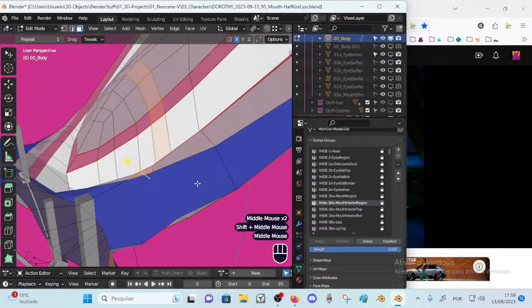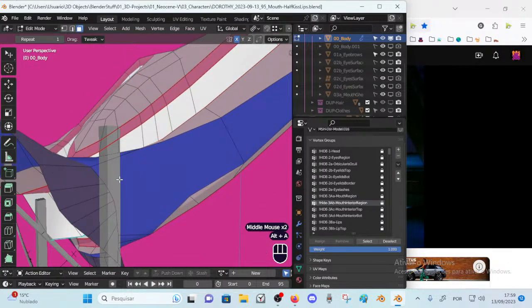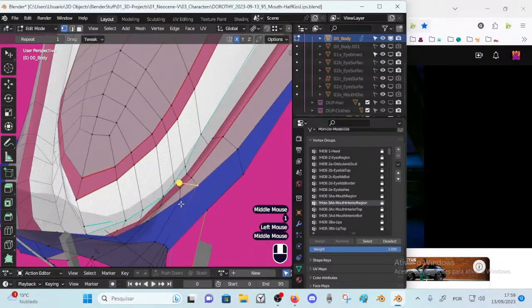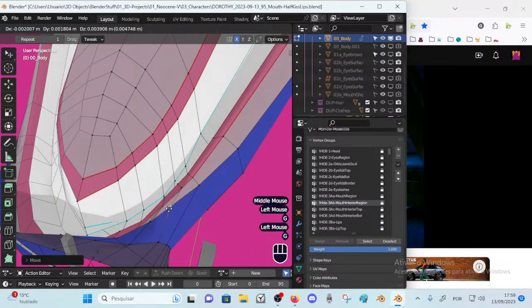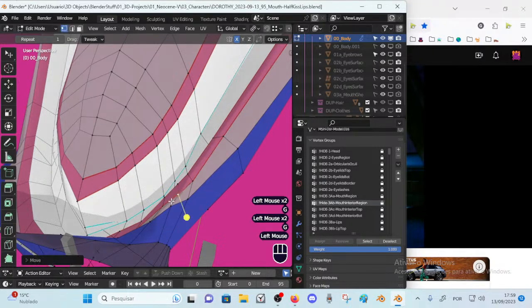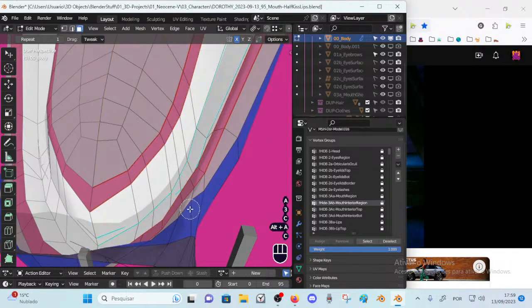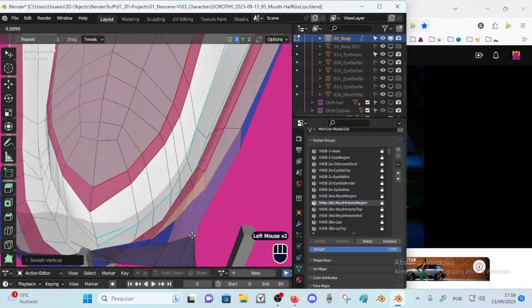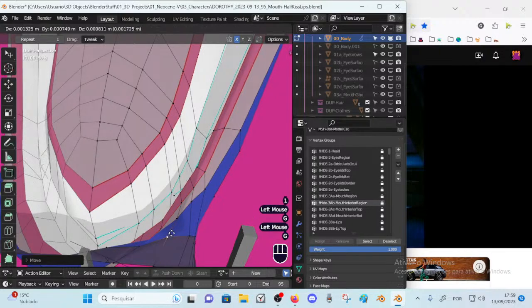Like, it's not going somewhere here, so just fix that. And here, of course, we can probably push that in that direction. And let's smooth some of this already. And here, why not? We can also